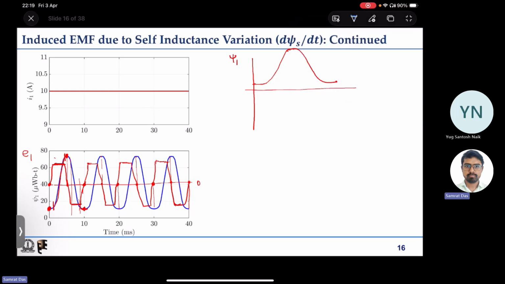Now here at its peak d psi dt is 0, here at its negative peak d psi dt is again 0. So if I try to plot E1, and this is E1 equal to 0, this is obviously time. At this point E1 will be 0, at this point E1 will be 0, at this point E1 will be 0. Between this point and this point the slope is positive,